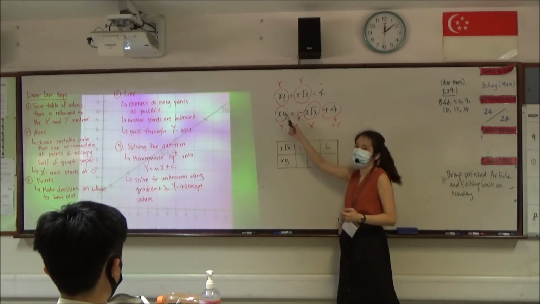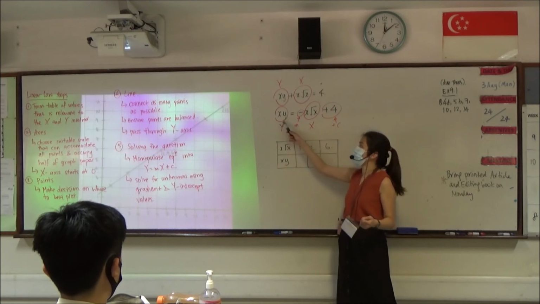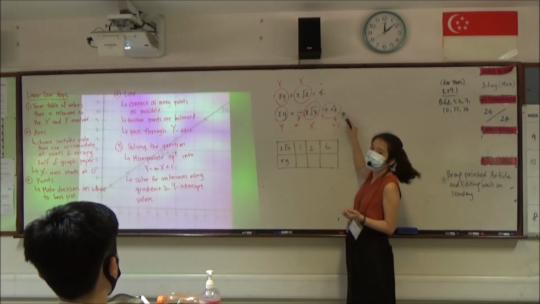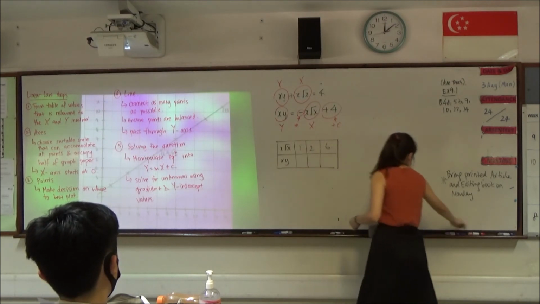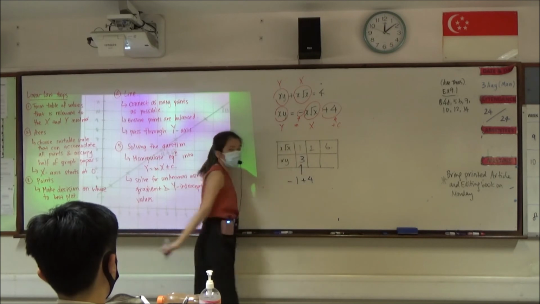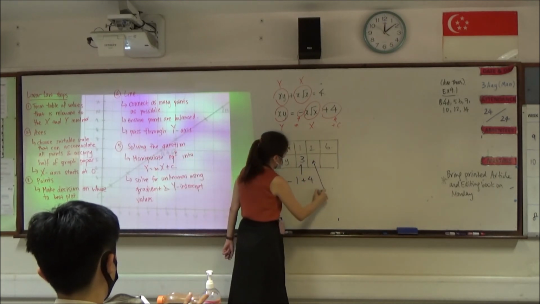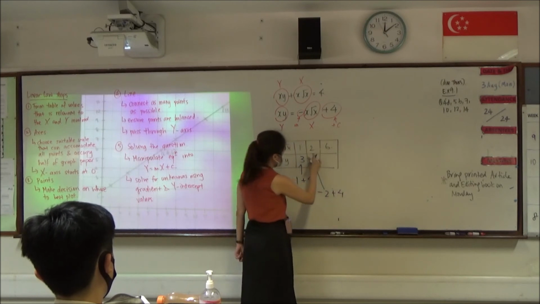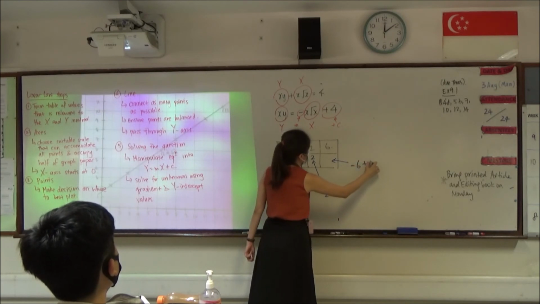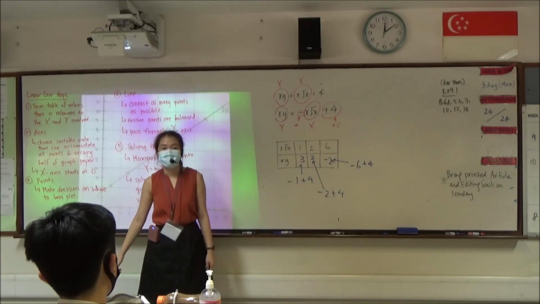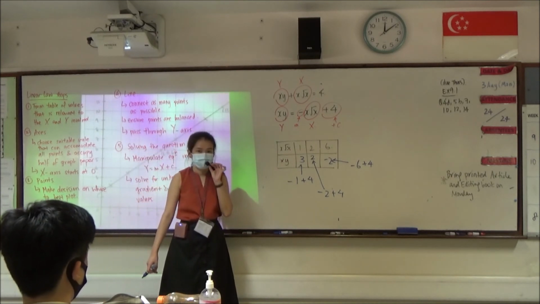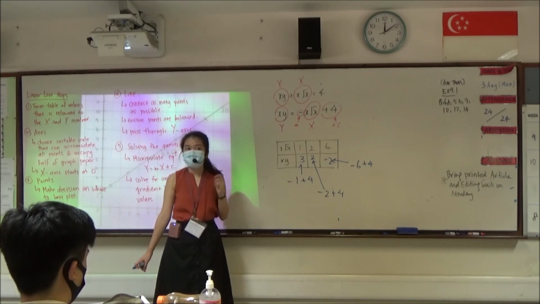Then how do we know what xy is? That means it is negative 1 times x square root x, plus 4. So for 1, negative 1 plus 4 is 3. For 2, negative 2 plus 4 is 2. And for 6, negative 6 plus 4 is negative 2. Does anyone not understand how I get these numbers? Are we good?